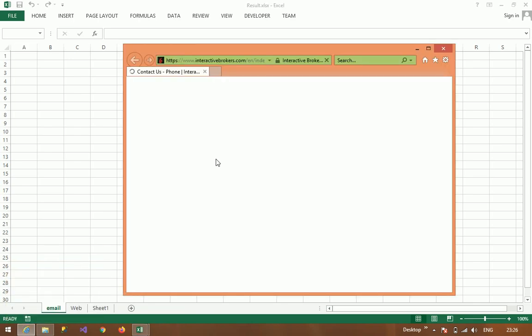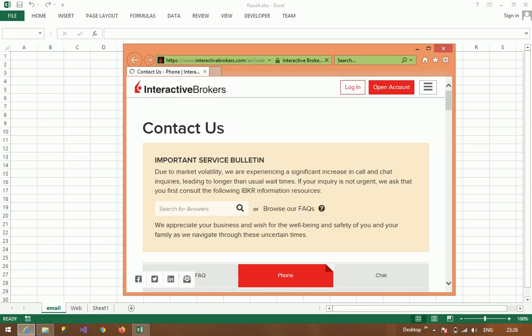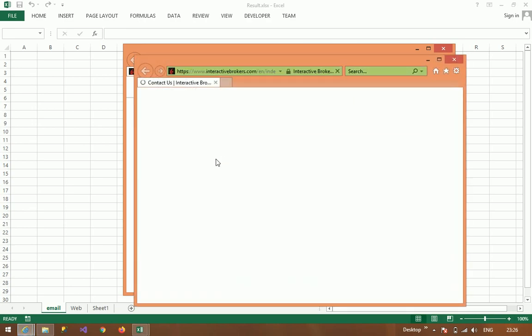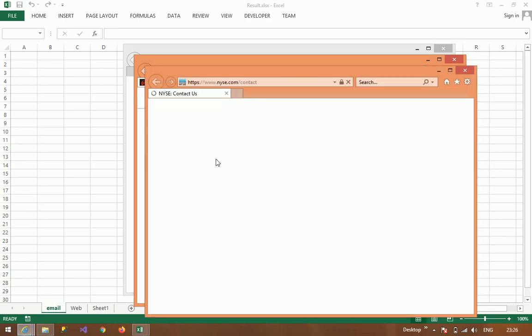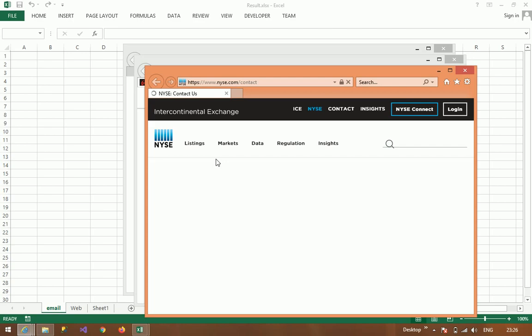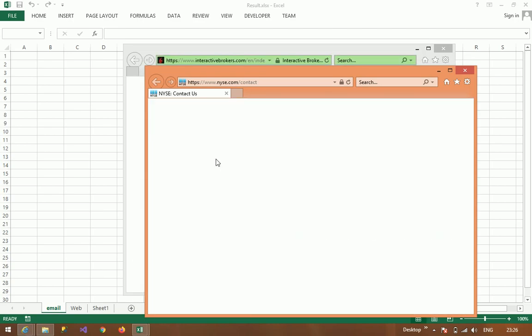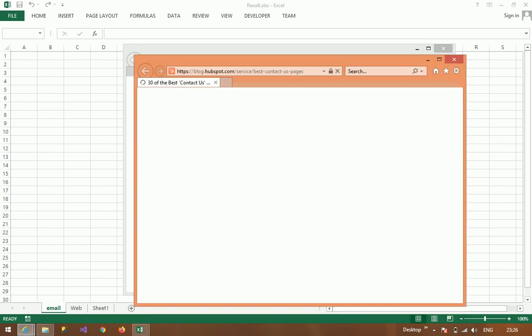This is a time-taking process, so the macro will go to each of the web pages and it will take some time. I can pause this video so that we can show you the final results which the macro gets.